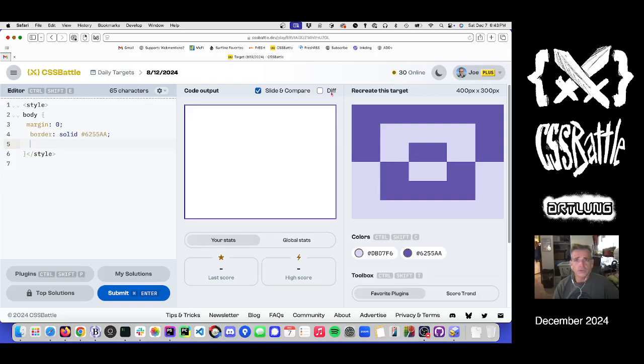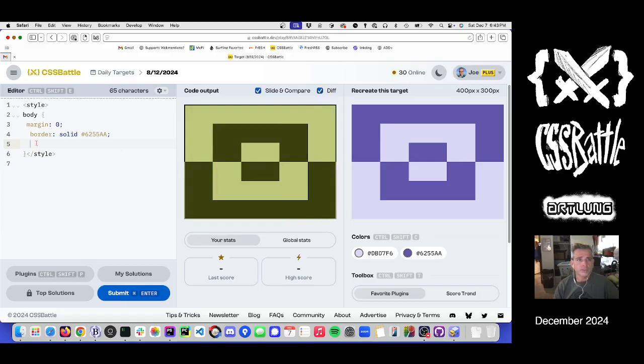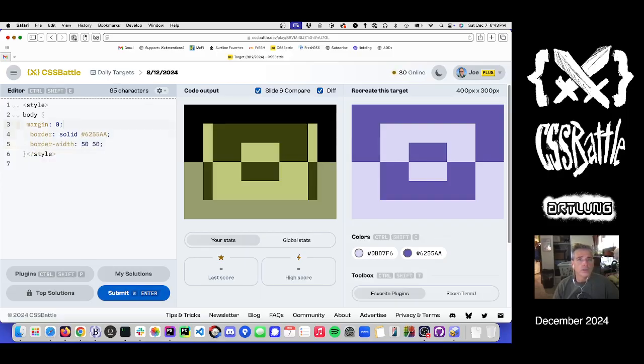Get those heights and widths right. Let's see what we can do. So what? 50-50 border width. 50-60, 70, 50-75. All right. And then on the interior,